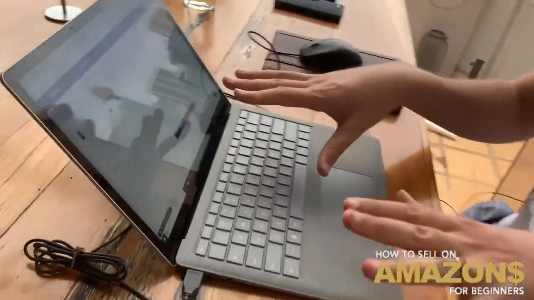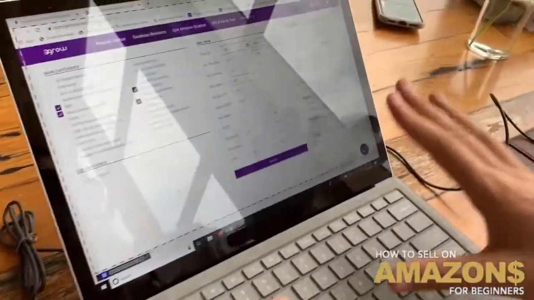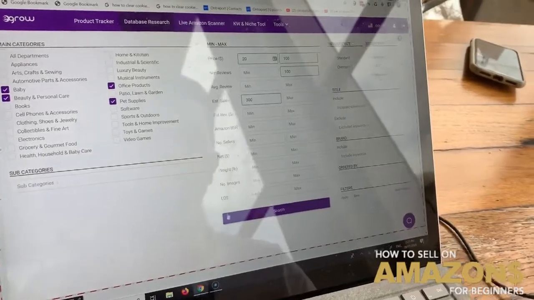In today's video, we're going to be looking at using the database research tool. And if you're a fond user of eGrow, you'll probably realize the database research tool is a really great tool, especially if you're new to selling on Amazon and maybe you're looking for product ideas. And let me just show you. So this is my screen where I'm using the database research tool, and let me just show you how to